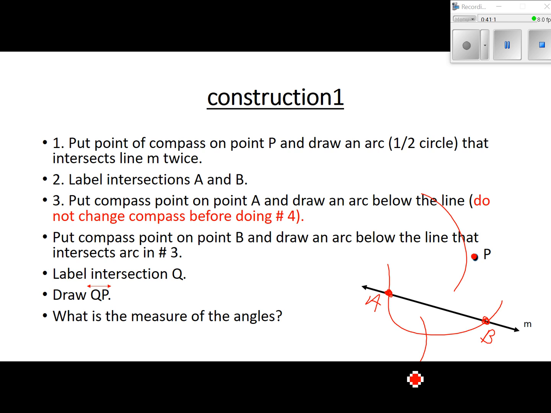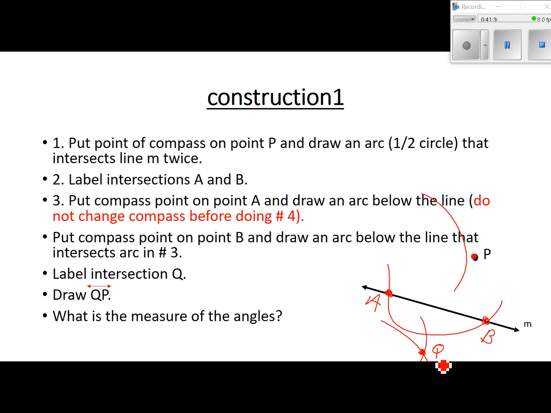Where those two intersect, they say label that point Q. So these two are going to intersect down here somewhere. And we're going to label that point right there point Q. Does that make sense to everybody so far? Now the next thing says,